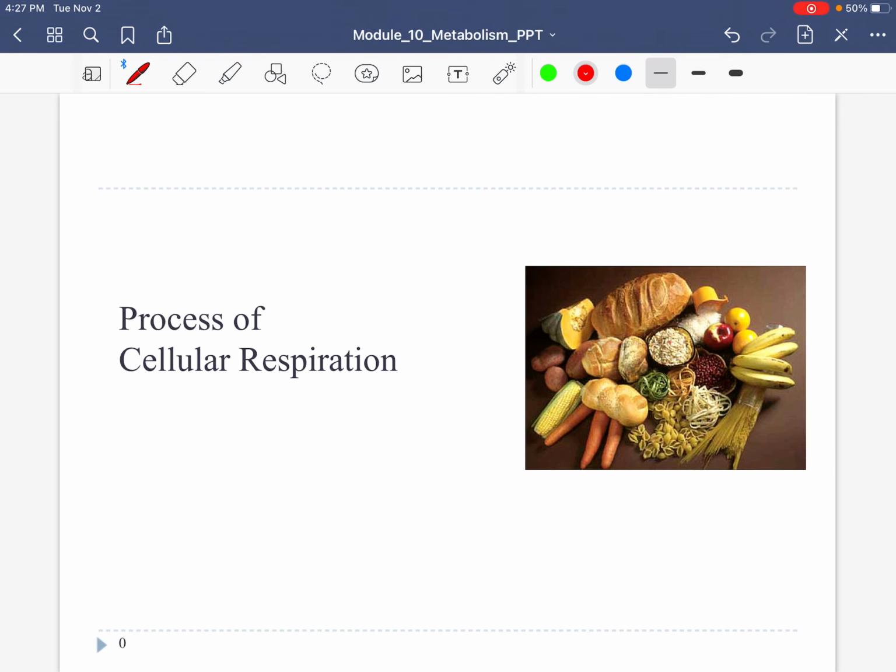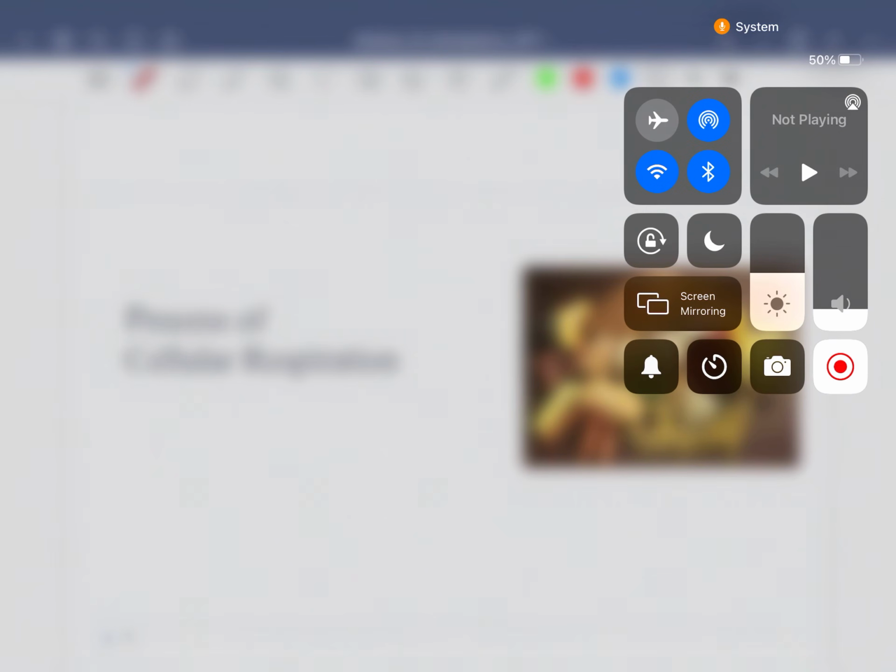All right. I'm going to end this first part because the second part is going to be quite a mouthful. So I want you to be able to digest, pun intended, this first part, and then we'll come back for part 2 to get into the actual specifics of cellular respiration.